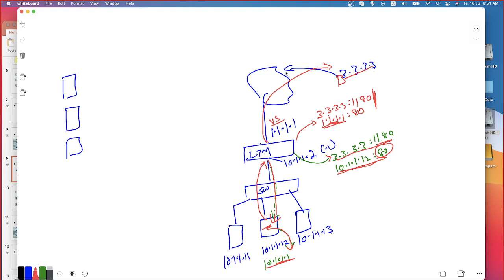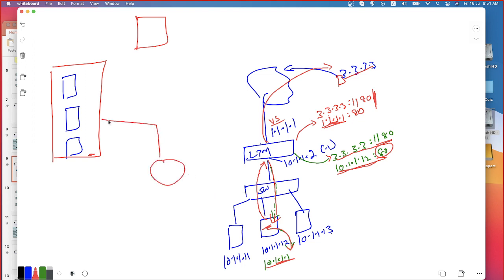Now the point is, assume that you have a different set of servers, right? And these servers might also be having another set of servers. I might be having a data center. I might be having an internal network. Could be anything. But what is going to happen? I will take the help of a router which provides connectivity to my data centers and all. Now these servers in data center 1 also need to communicate with the other servers in other data center or in other IP segment. How will that happen?